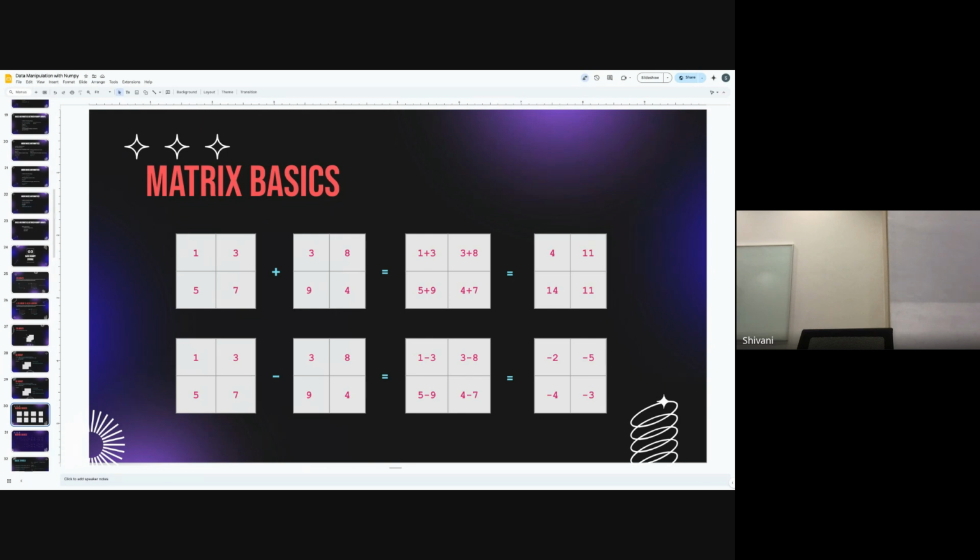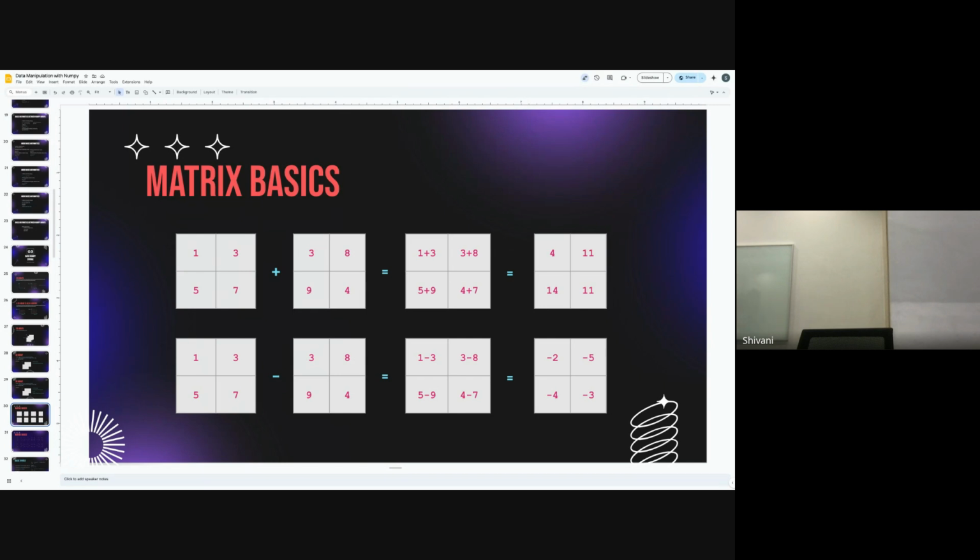Then you add it to another table, which is 11, 13, 15, 17. What would the result be? This is quite easy, because we know a lot of kids here are set 1 and set 2 kids, so we want to make things easier. So we add this one to this one over here, and then this one to this one, this one to this one, this one to this one. So what it would result in is